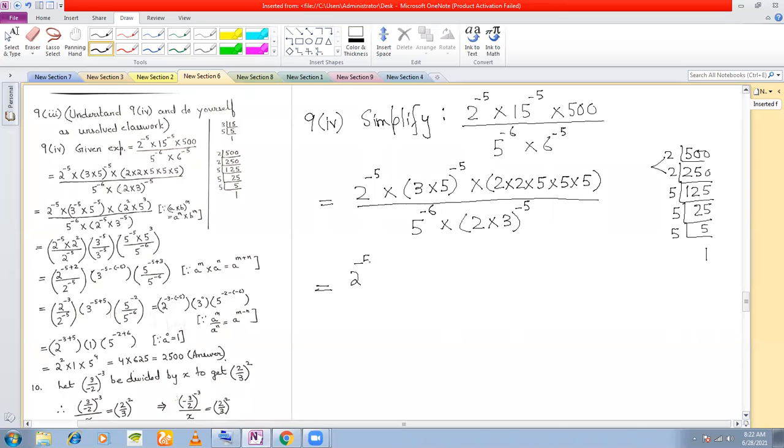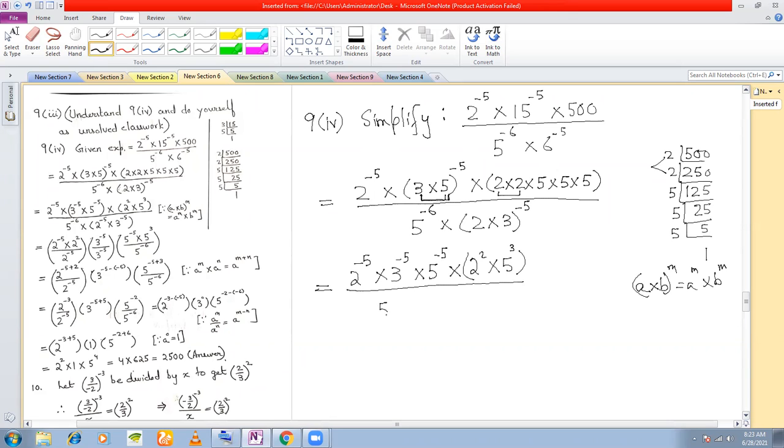2 to the power of minus 5 into, now if you see, this is 3 into 5 to the power of minus 5, which is a into b to the power of m, isn't it? According to laws of indices, this is a to the power of m into b to the power of m. So I can write 3 into 5 to the power of minus 5 as 3 to the power of minus 5 into 5 to the power of minus 5 into, now 2 into 2 can be written as 2 square, isn't it? And 5 into 5 into 5 can be written as 5 cube